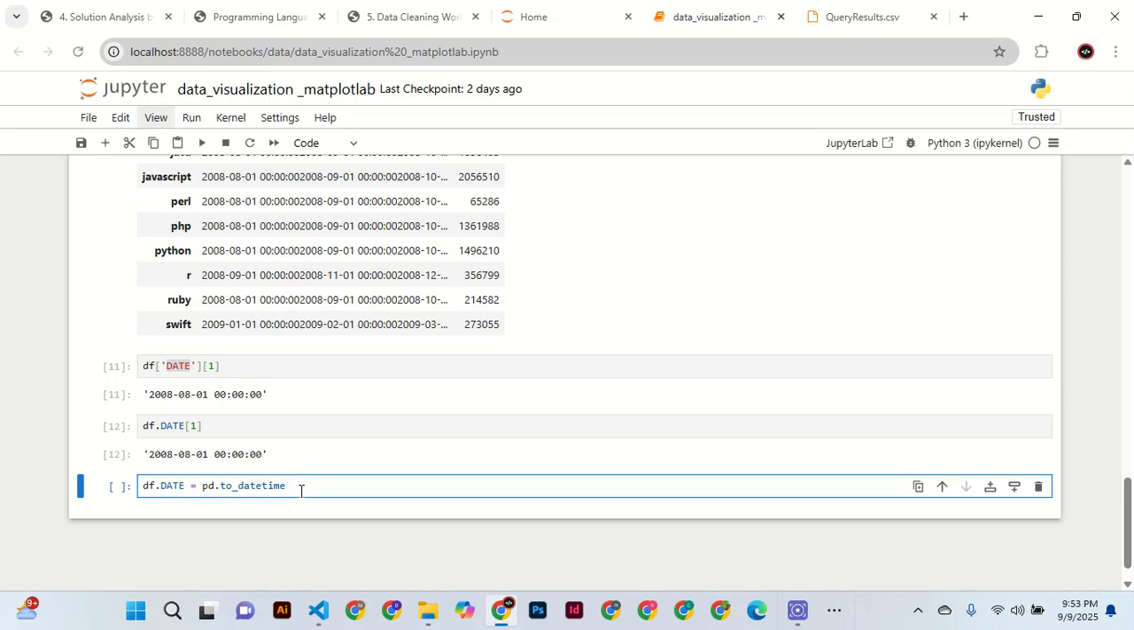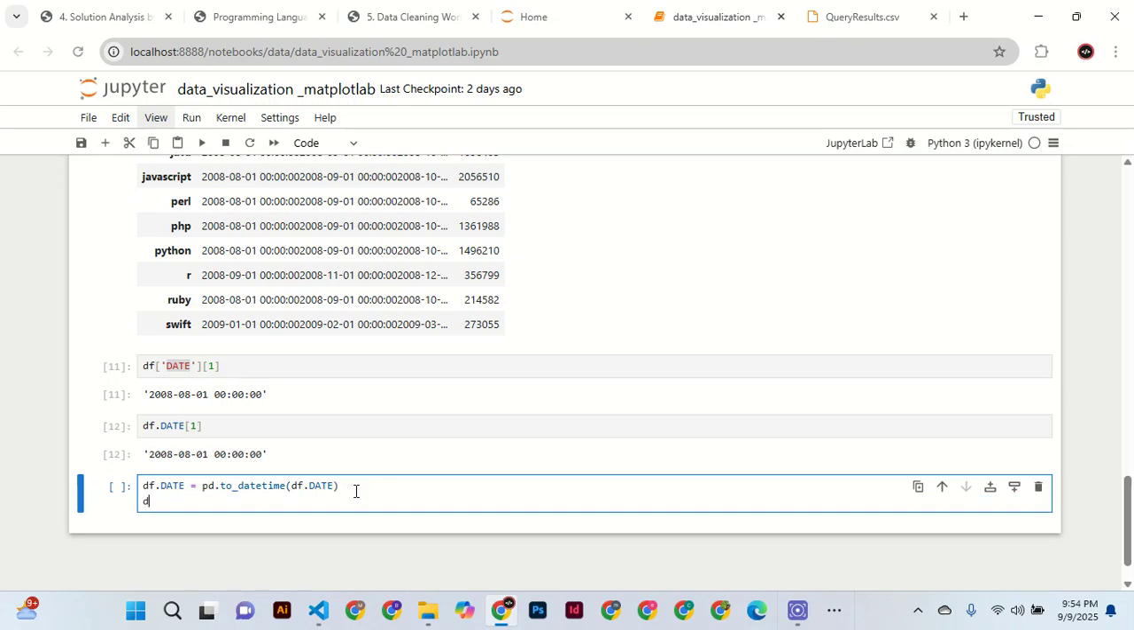So we can say pd.DataFrame, like that. Then we call this method and we say df.date. Call this method like that, and you can test it by saying df